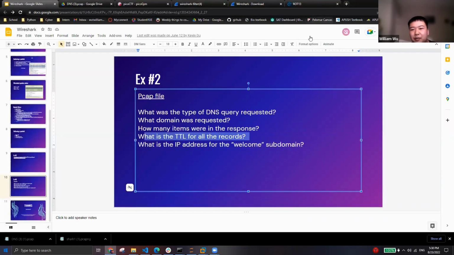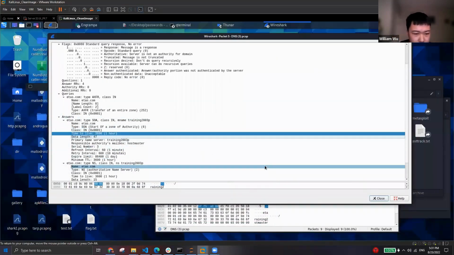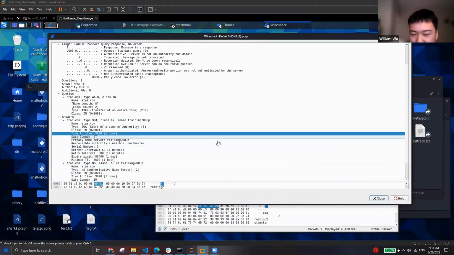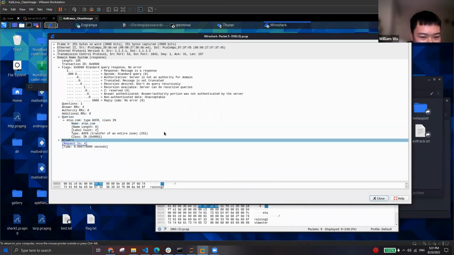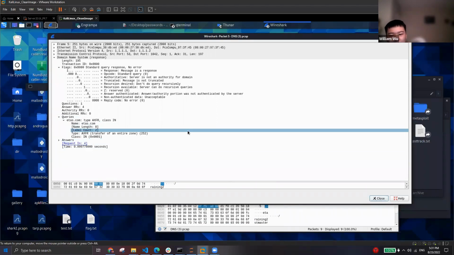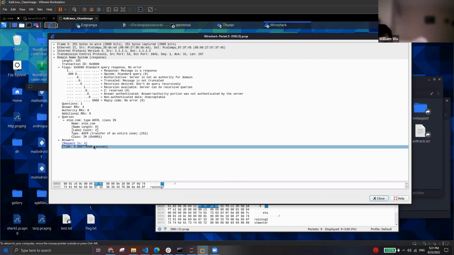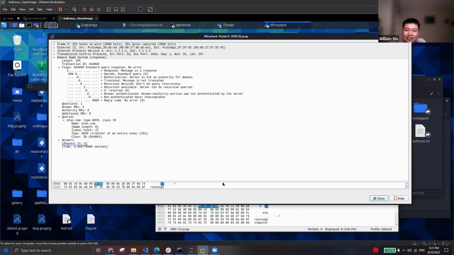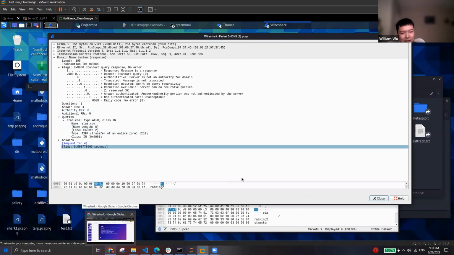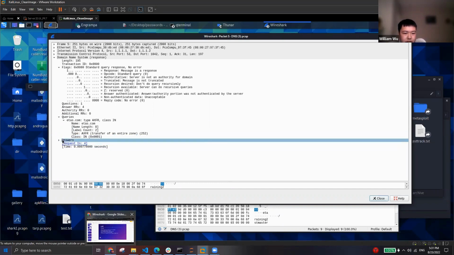Where did you guys? Oh, wow! You guys are looking at my bookmarks now. Okay. Okay. The last one. What is the IP address for the welcome subdomain? All right. IP address for the welcome subdomain. No, I'm not a ninth grader. I'm pretty old. I'm not gonna lie. You guys have you pushed ninth grade? Seriously? It's okay. I'm not gonna expose my age. Actually, I might even have it in my description for this organization. Honestly, I don't even remember. But that's pretty cool. Anyways,